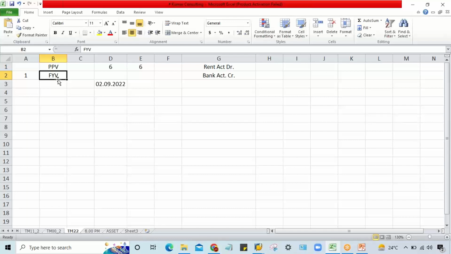So when you say fiscal year variant, when you say posting period variant, these are the two answers. Somebody will say fiscal year variant, somebody is going to say posting period variant. But I'll tell you guys, that is not at all the answer. People will say that you have to justify with the logic. When you have to justify with the logic, 99% of the people are going to fail,